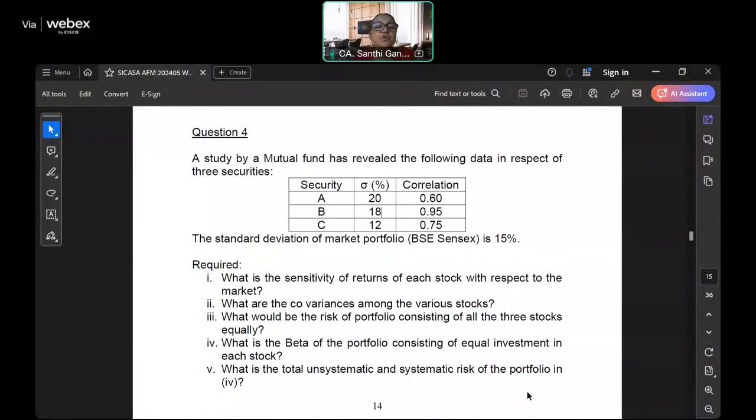Find beta. You know how to find beta? What is the sensitivity of returns of each stock means? You have to find beta. Please find. After you find beta, we will see the steps for portfolio risk, splitting the risk,